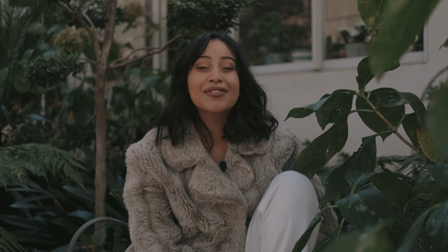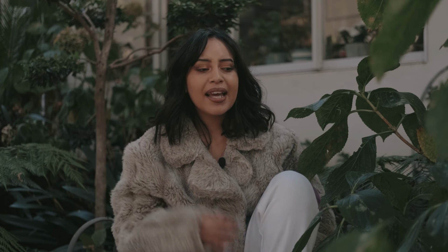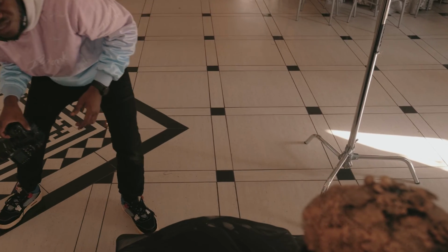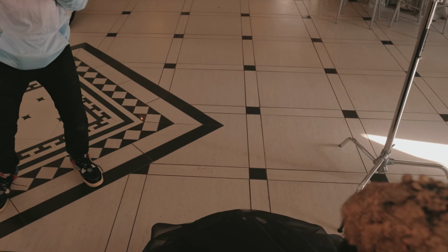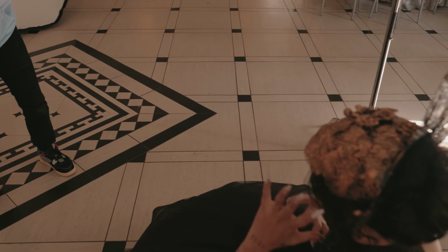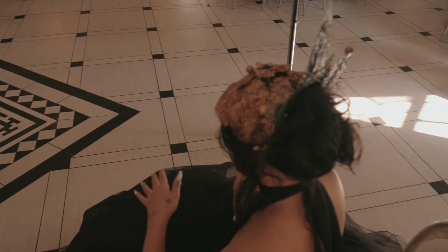With the makeup, what I really liked about the makeup was that it was simple, but it was still very statement-y. What is a word I could use for that? But it was very cool and extra at the same time, but still very eccentric and pretty at the same time. And the jewels really complemented the dress, because I don't think the makeup was overcompensating for the outfit. I think everything just really was well orchestrated, and it really complemented each other. But yeah, I feel like everybody's energy on set was